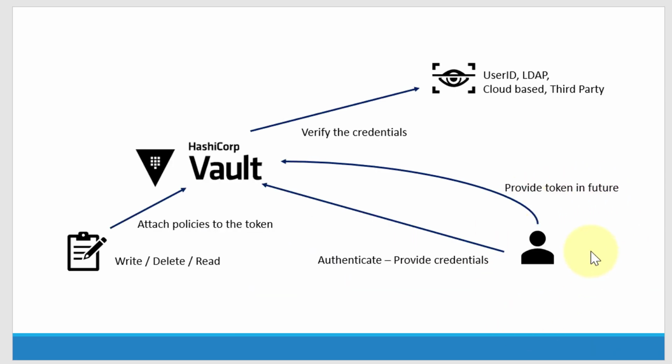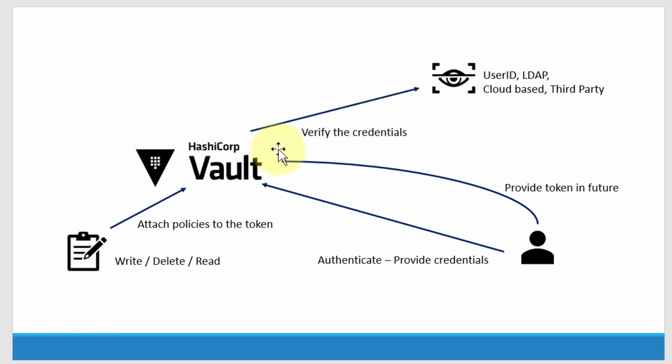Say for example, some user wanted to access the HashiCorp Vault. What they will be doing is they will access the HashiCorp Vault and provide the credential information. Once the credential is provided, the HashiCorp Vault will be connecting to the authentication system that is already configured. And how this particular configuration will be done, we can see in detail when we are doing the configuration of different authentication systems. The credentials provided by the user will be passed to the authentication system, and the authentication system will verify and give confirmation whether the user is an authentic user or not based on the credentials.